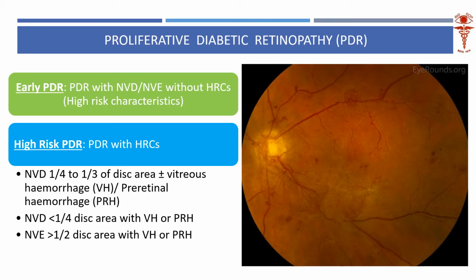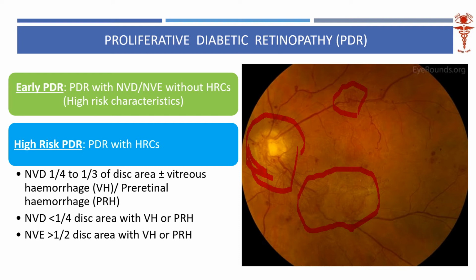Or still worse, the patient might not come at any of the moderate NPDR stages. He can only land to you with a neovascularization on the disc. Can you see a nice NVD on the disc? New vessels on the disc. There can be new vessels elsewhere. If you focus on this pointed area of the picture, then you can see new vessels developing elsewhere. These are new vessels elsewhere, and this is a new vessel on the disc. So this is like high risk PDR, where the patient has turned up with a proliferative diabetic retinopathy.